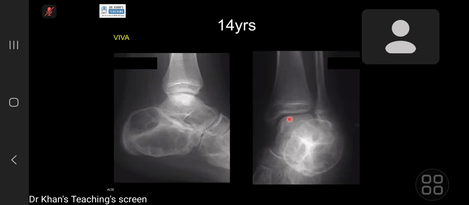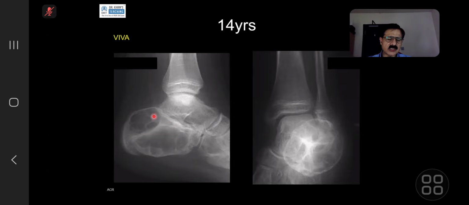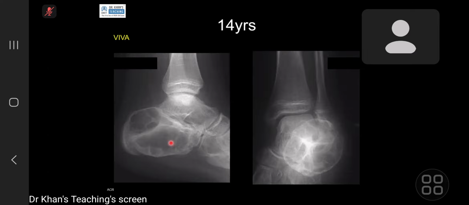So, child, let me take over. There is an expansile lytic lesion with internal trabeculation in the calcaneum in a 14-year-old. What is your differential? It can be, because there are septations and loculations seen within this lytic lesion, an ABC also. Besides,